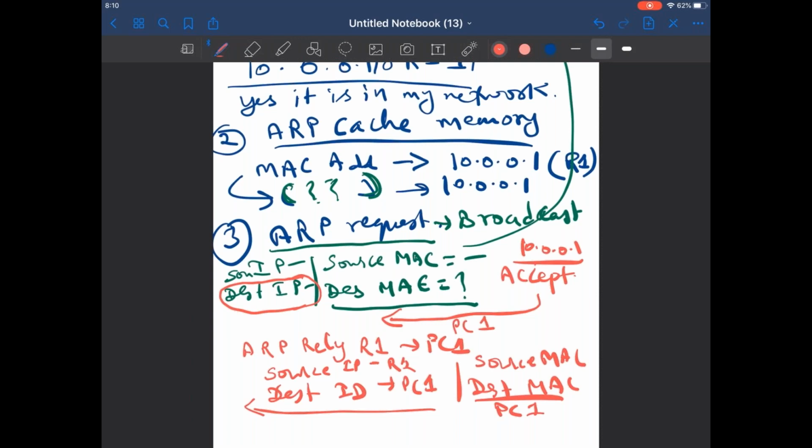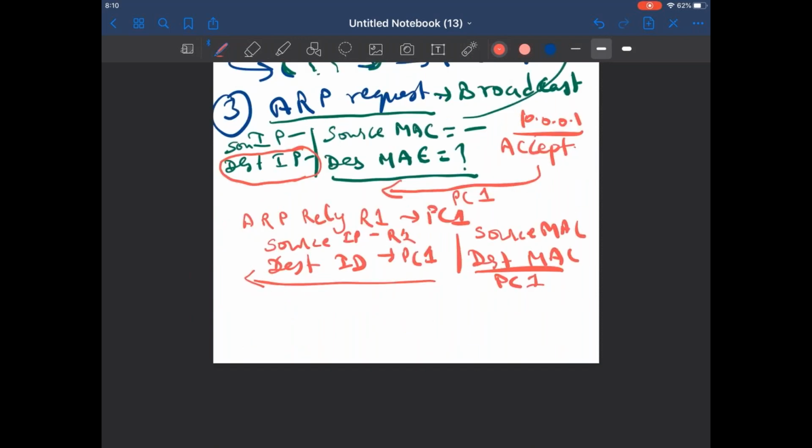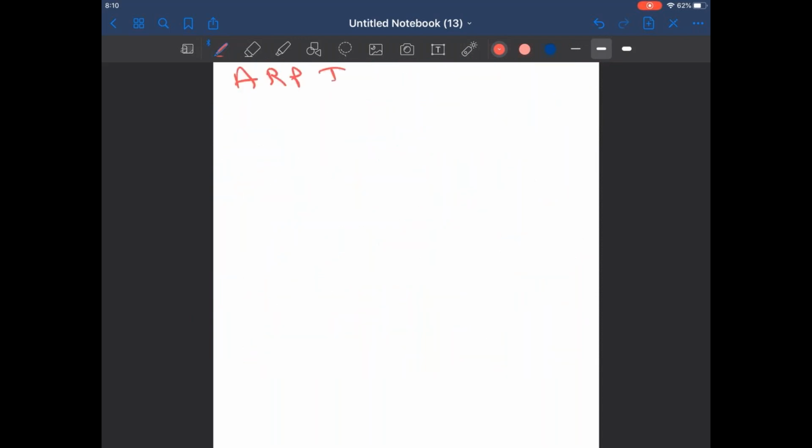After receiving this ARP reply, PC1 will update its ARP table. After that, PC1 will release the ICMP echo request.